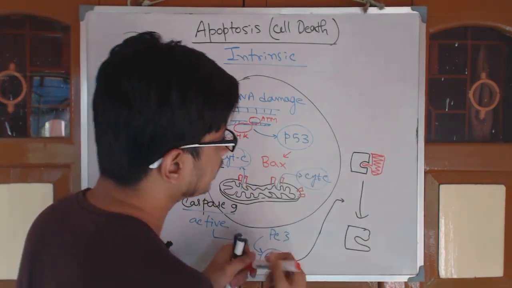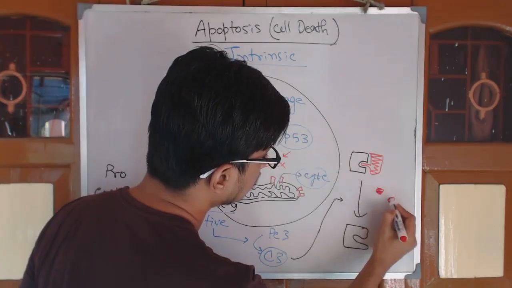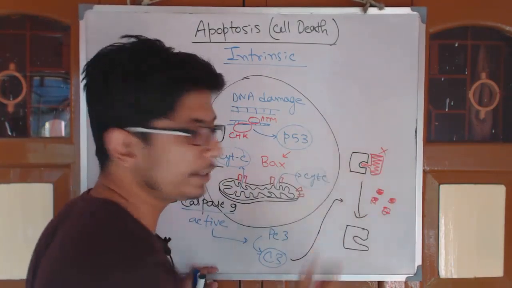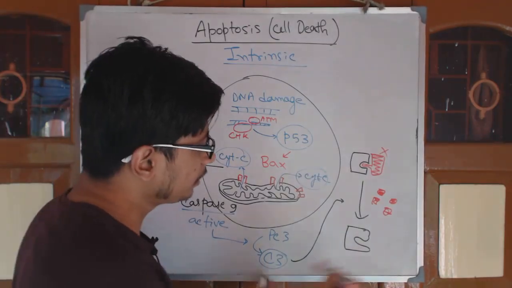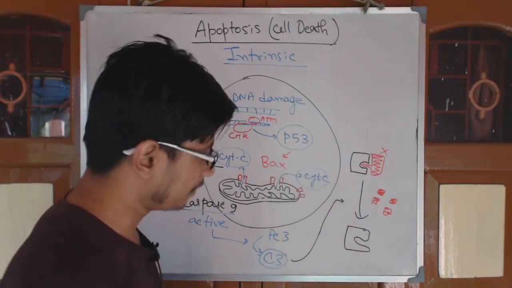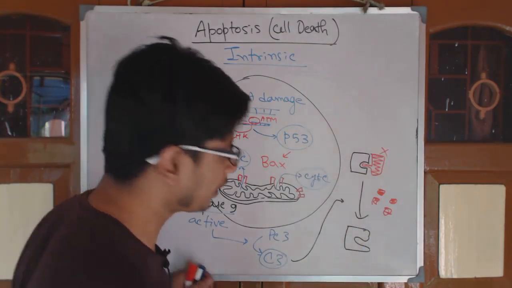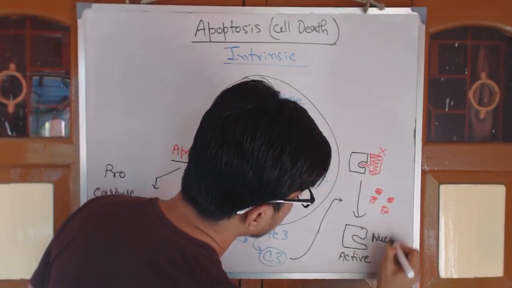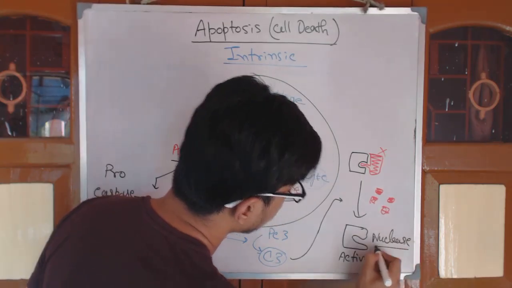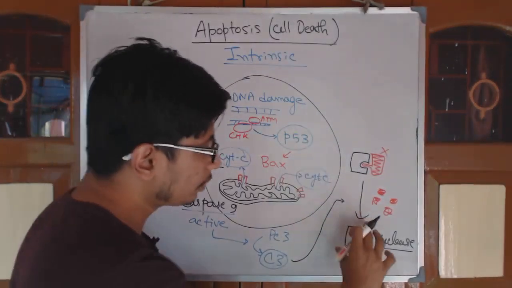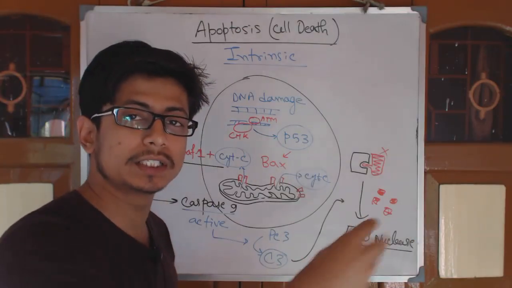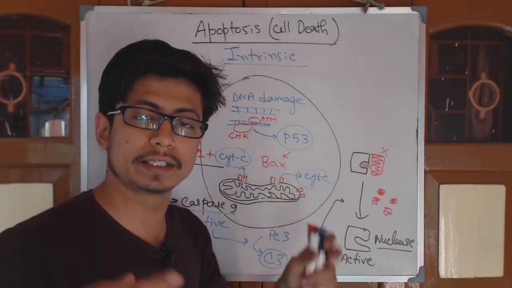As it degrades the inhibitor, the nuclease remains active because the inhibitor is now taken away. So this nuclease becomes active. Once nuclease becomes active, the nuclease enzyme can go inside the nucleus and can find DNA, can find the